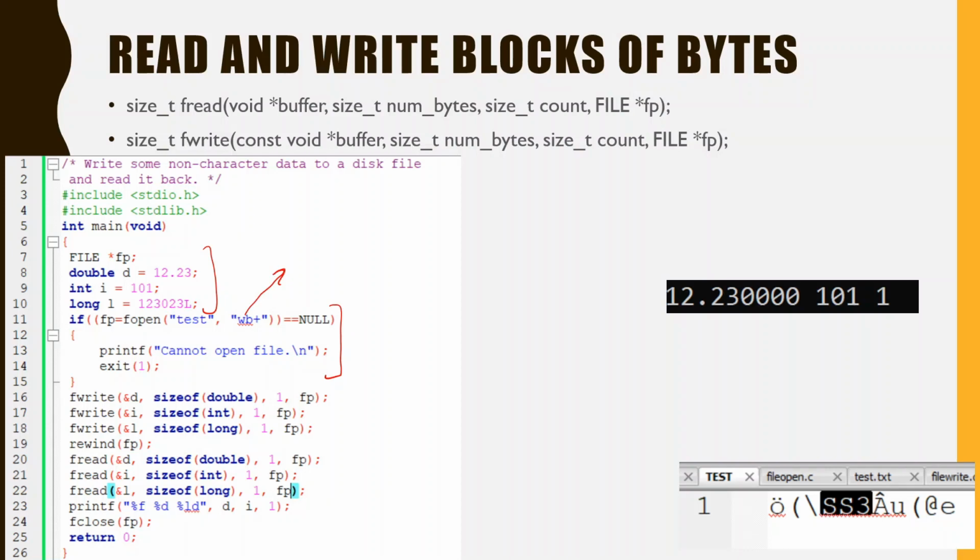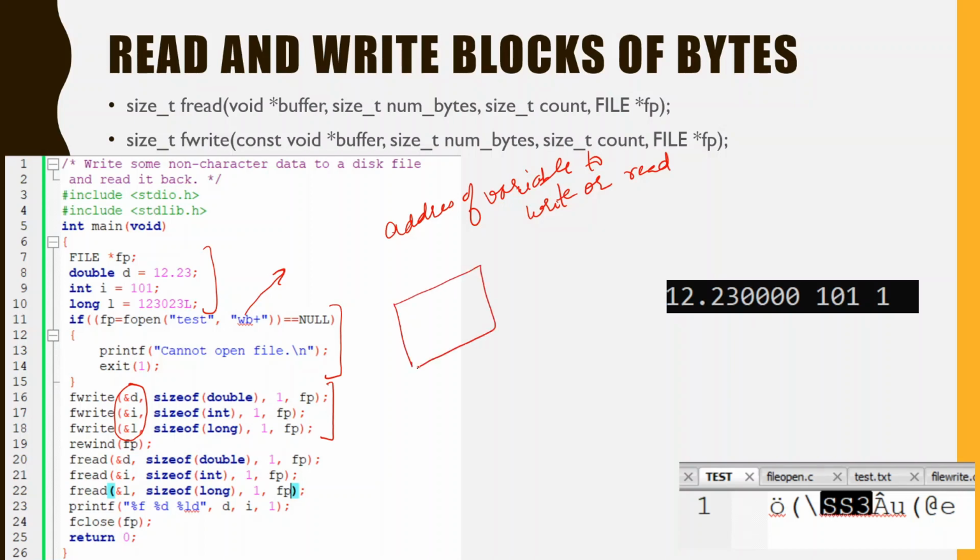So what we have done is use fwrite. Now fwrite takes four parameters. The first parameter is always the address of the variable to write or read. It is the byte from or to, that is, where to take the data from. So if it is &d, it is the base address of the d variable. It is the place from where the bytes would be taken to write to the file.